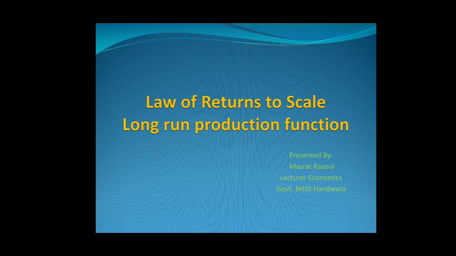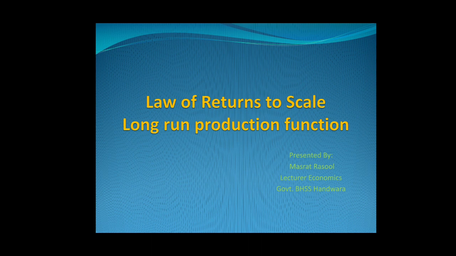In our previous lecture, we studied the law of returns to factor, and that law exhibits the short-run production function, that is, the type of production function with only one variable factor while keeping the quantities of other factors constant. Now in this video lecture, we will discuss another important law of production theory, which is the law of returns to scale. This law exhibits the long-run production function where all the factors of production are variable. That is, a firm in the long run can change all the factor inputs in order to increase the level